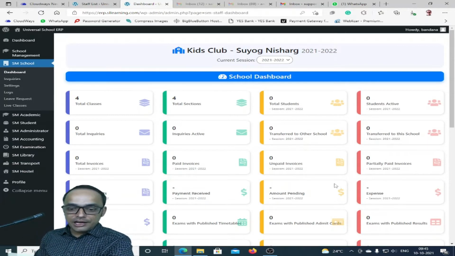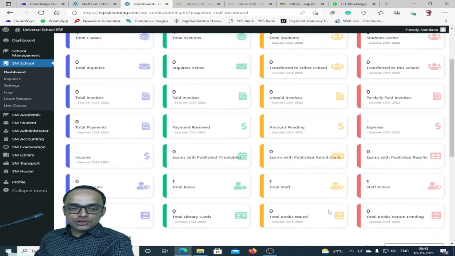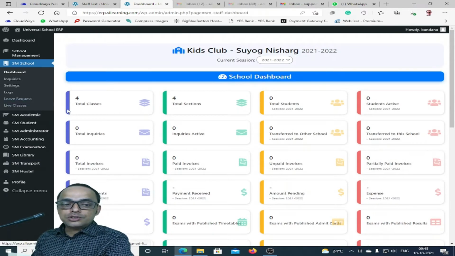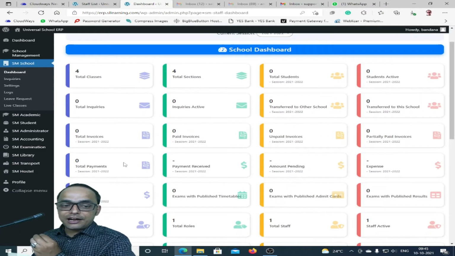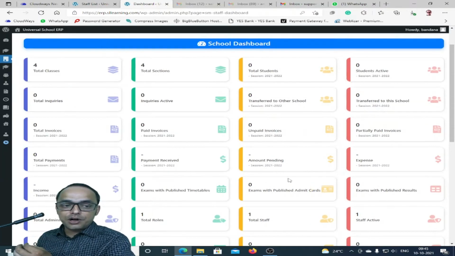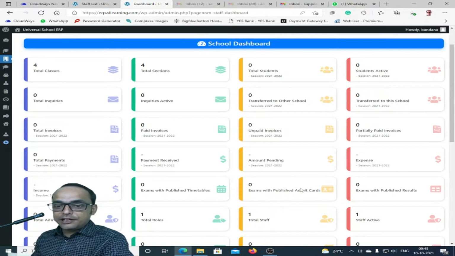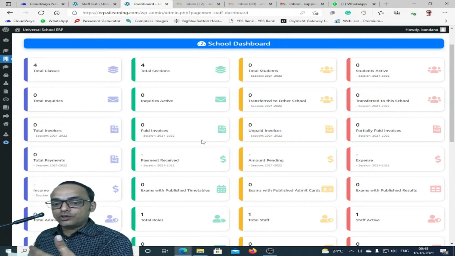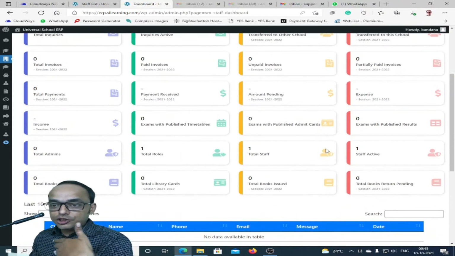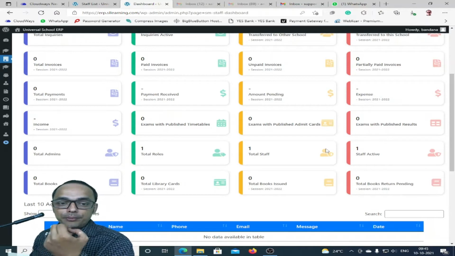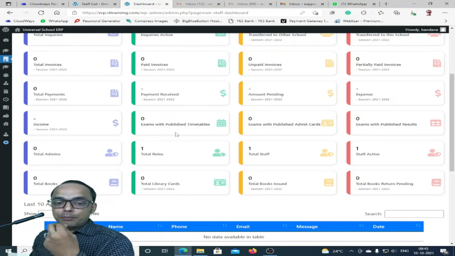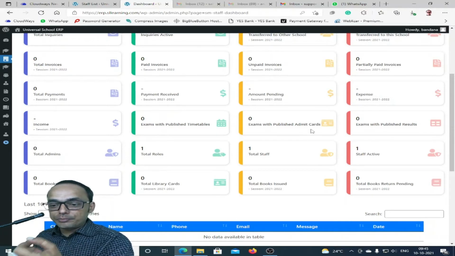Now this is a single platform where you get to see everything that as a principal you need to see. You see total classes, total sections, total students, total students who are active, total inquiries that you have received so far, then inquiries active, transferred to other school, transferred to your school, total invoices, paid invoices, unpaid invoices, partially paid invoices, total payments, payment received, amounts pending, expenses, income, exams with published timetable, exams with published admit cards, exams